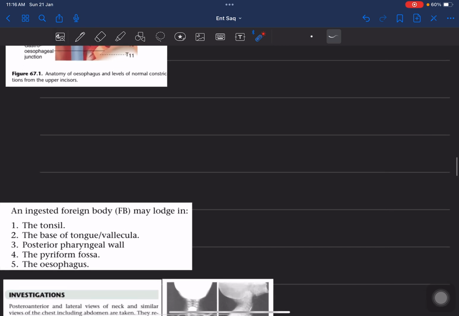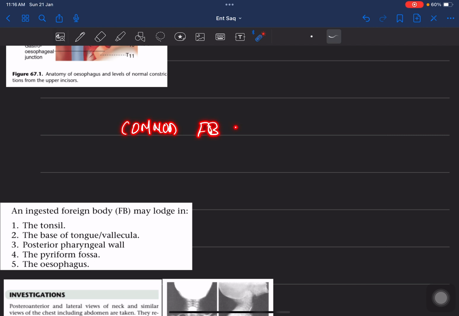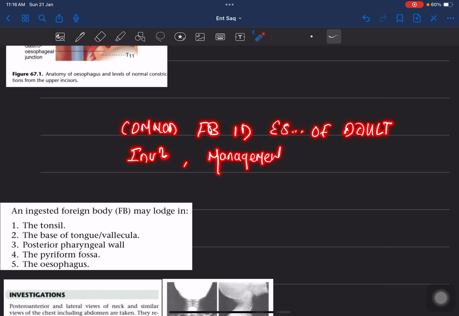Now another question that is asked from esophagus is: what are the common foreign bodies in the esophagus of an adult? And another is, what are the specific investigations needed in such a case of foreign body in the esophagus, and how will you manage such a case, the management? Now talking about common foreign bodies in the esophagus of an adult,